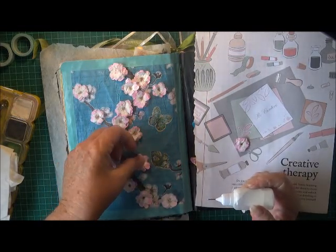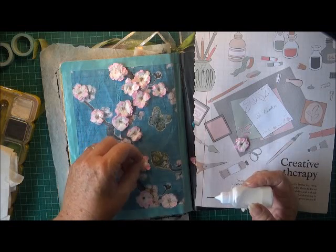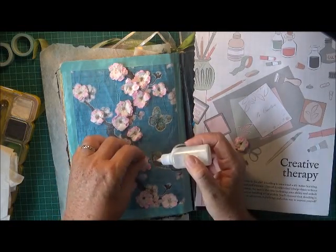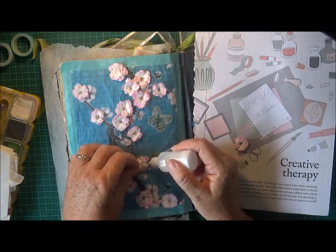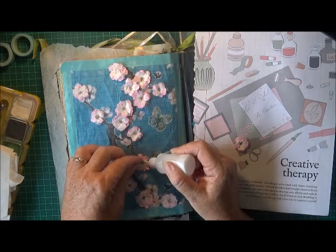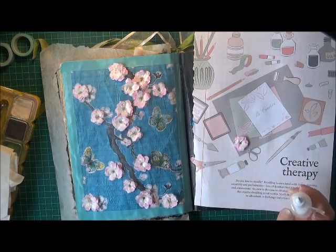Okie doke. There we go. There's another one that's going to come up too. I've just seen that lift. Just put a squeeze under there. Okay. Alright, so there's my...